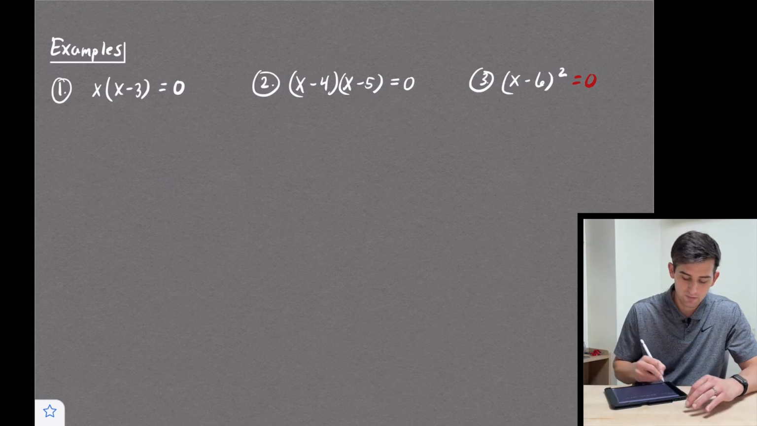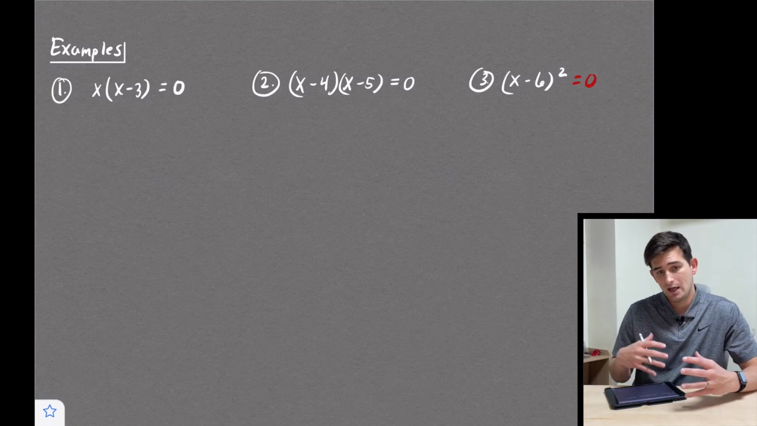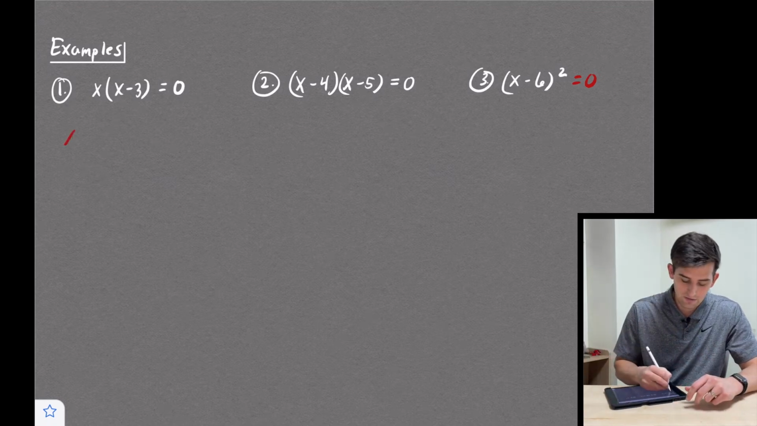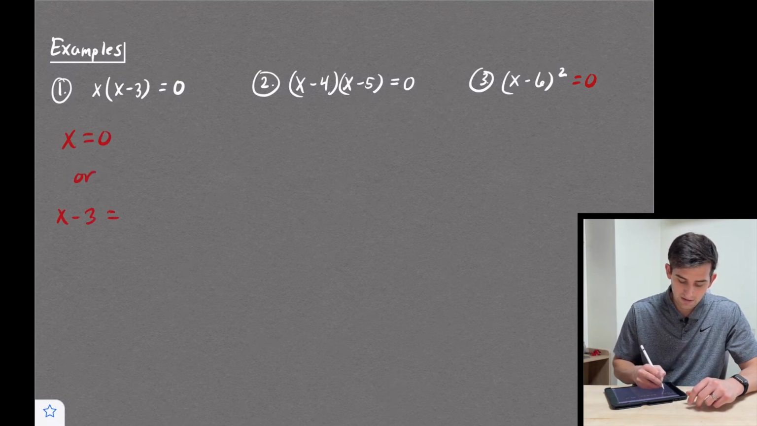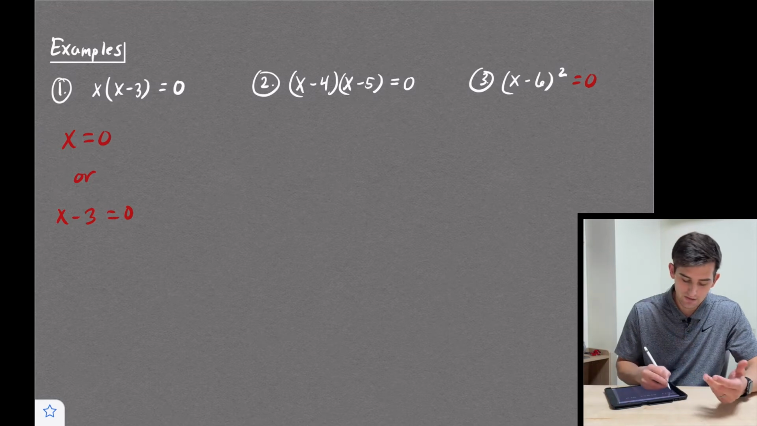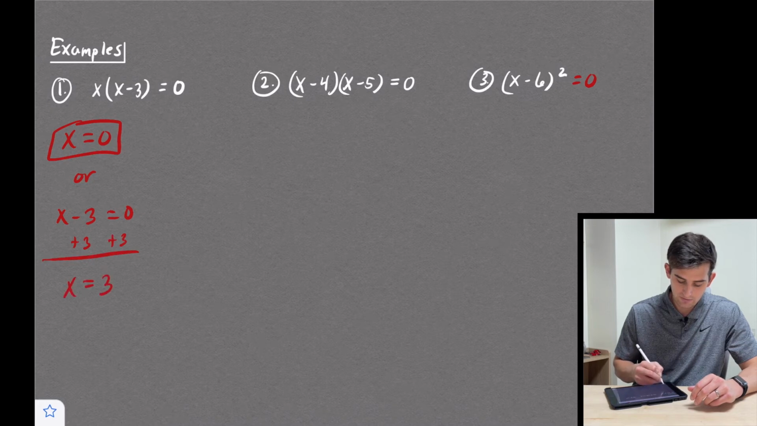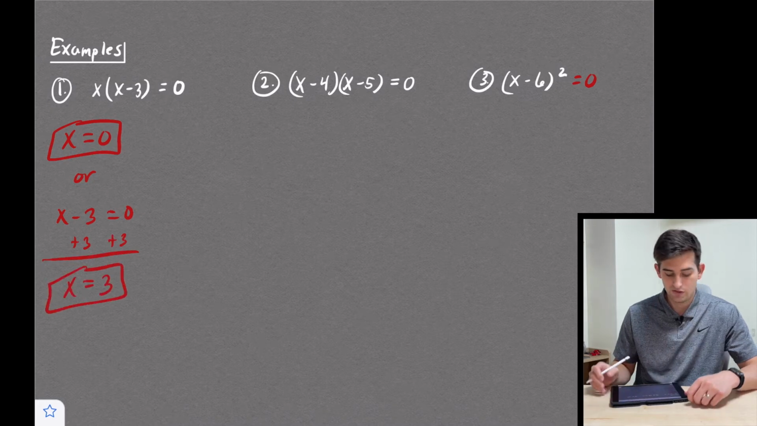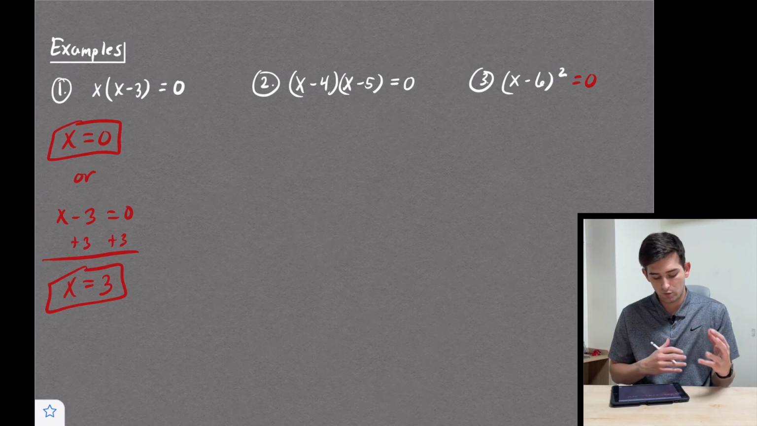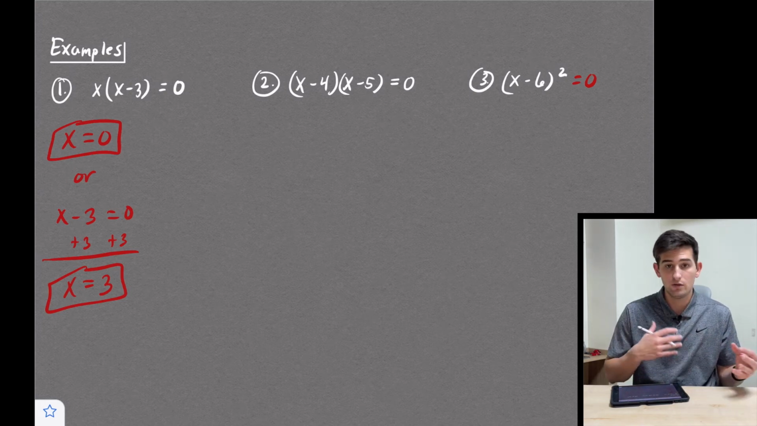If I'm multiplying x times (x minus 3) and the product is 0, then either x has to be 0 or x minus 3 has to be 0. So x equals 0, that is already solved for me. And for x minus 3, we just add 3 to both sides and we get x equals 3. So our two solutions, or our two roots, for number 1 are x equals 0 or x